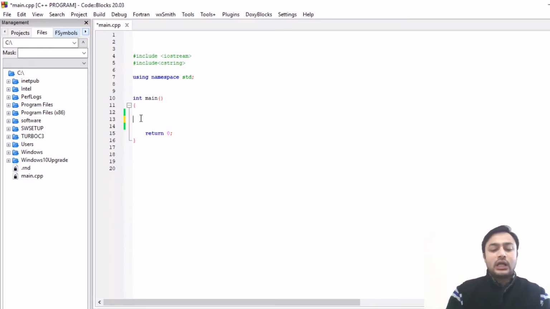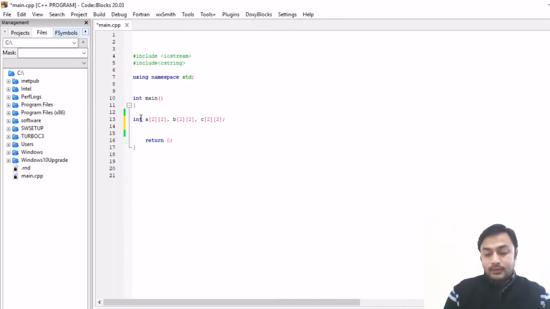So first I will declare three two-dimensional arrays. In A the size I am taking is [2][2], that is 2 rows and 2 columns. This is matrix A. Then B[2][2]. Similarly for C[2][2].